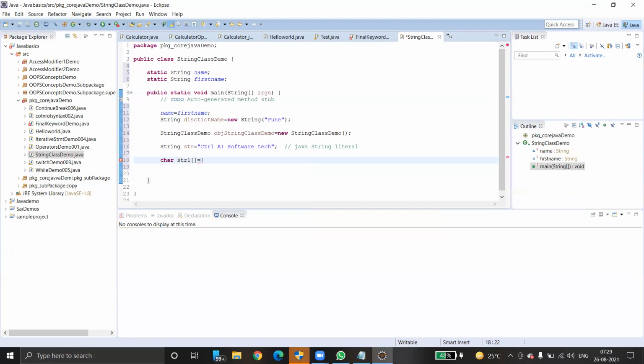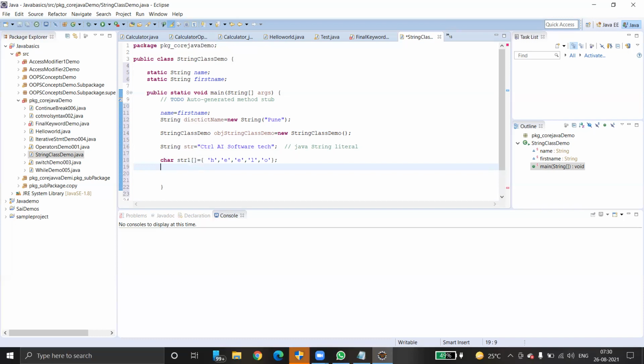Inside this, I just want to put hello: H, E, L, L, O. Okay, fine, this is enough. So I have created a character type array.